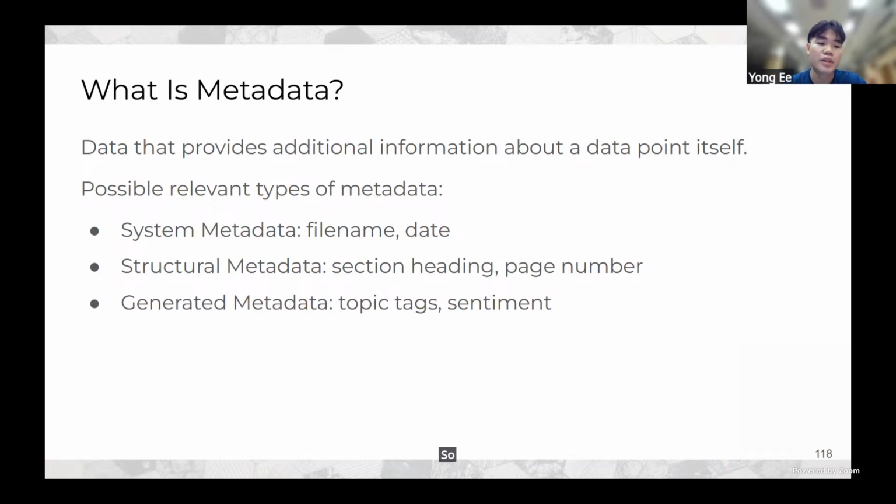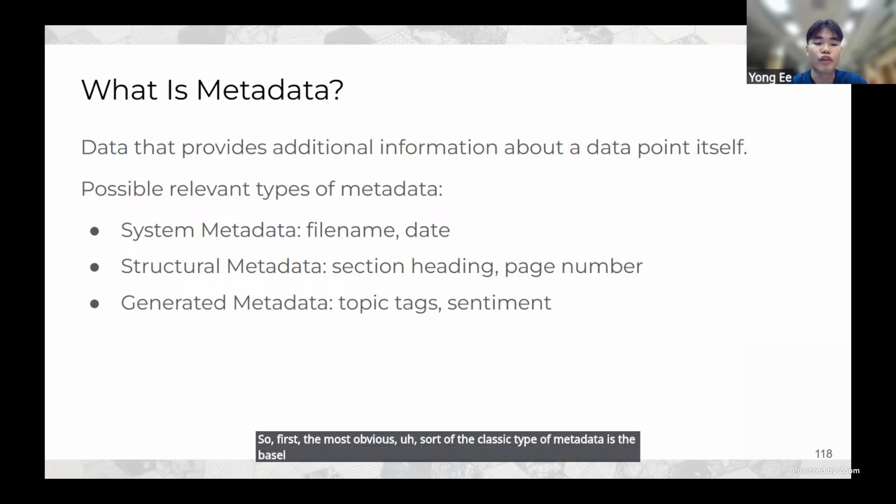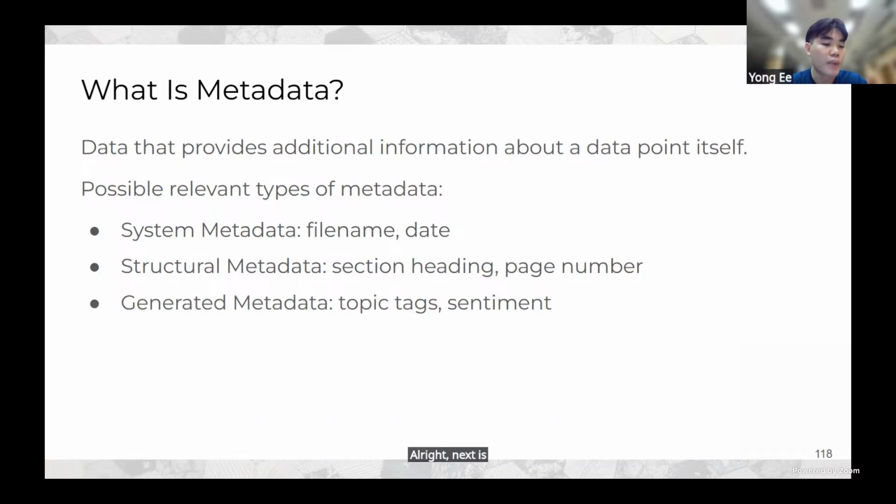So here are some types of relevant metadata that can be used for RAG. First, the most obvious, the classic type of metadata is the baseline information provided for every document, such as the file names and the date that the file was created. Next is structural metadata. This is more RAG related. It's data that captures the logical organization of the documents, including fields like the section heading or even the page number in a PDF.